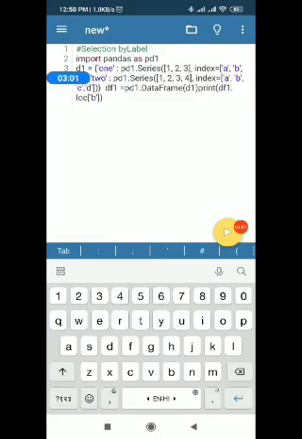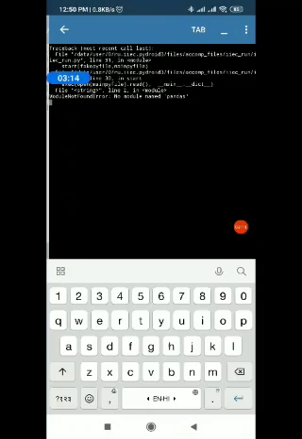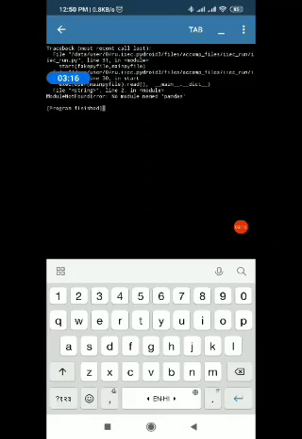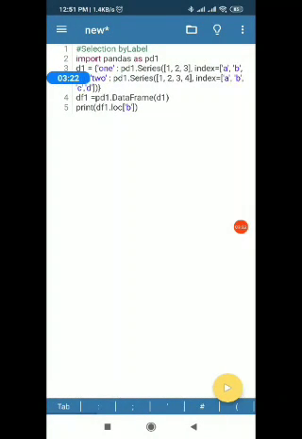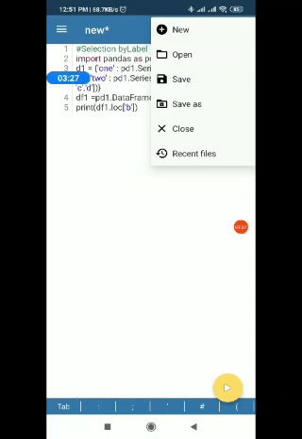Once the dictionary is created, I am creating the data frame, and simply after that I am printing it using the print command and loc method. Let us see. It shows no module named pandas. Okay, it is not identifying pandas. No problem, let us save it first.